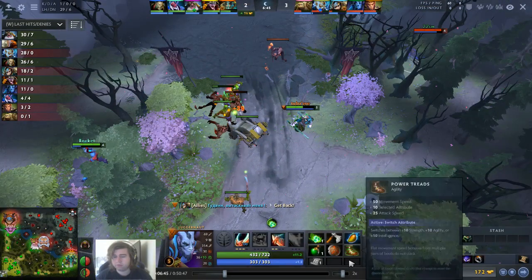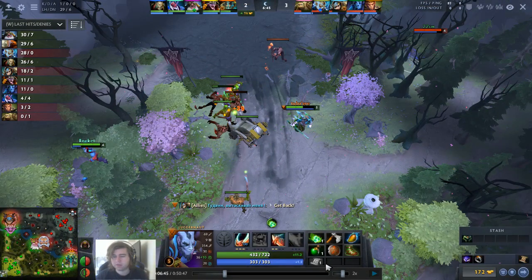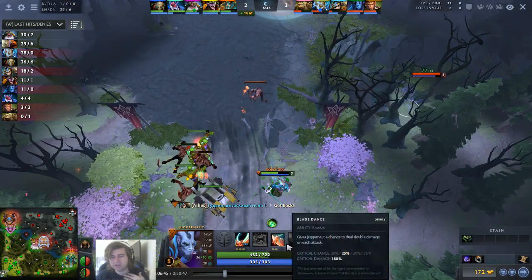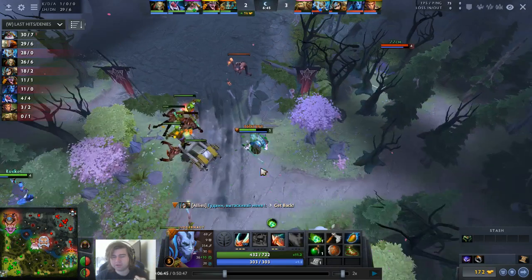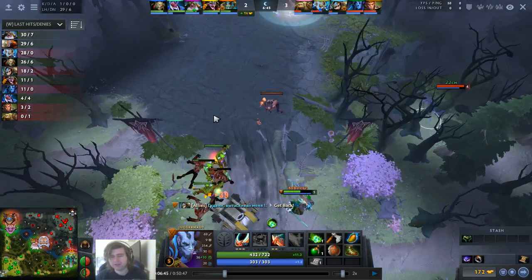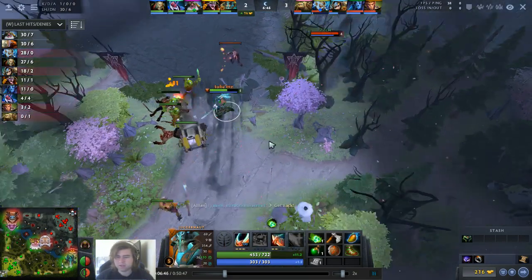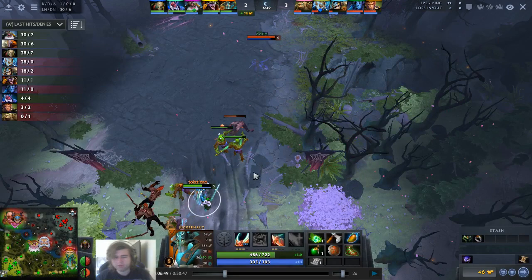So you're forced to use your second tango of the game by them right clicking like that. And now you're probably thinking, oh, they're stronger than I thought. So that just means, in order to get out of lane,